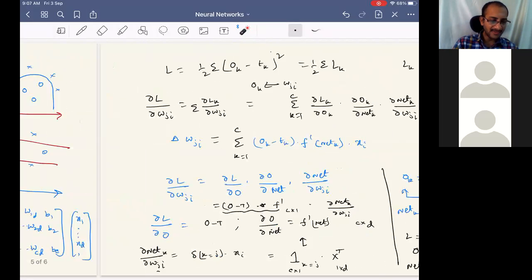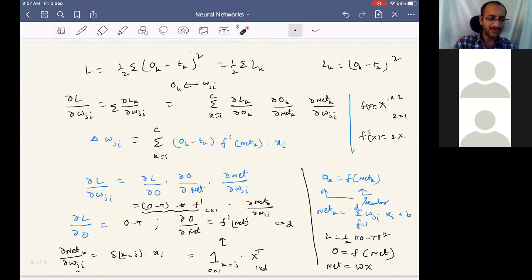Then we discussed differentiation in a scalar form, and then we started looking at vector differentiation, to see the advantage of vector differentiation over scalar differentiation,